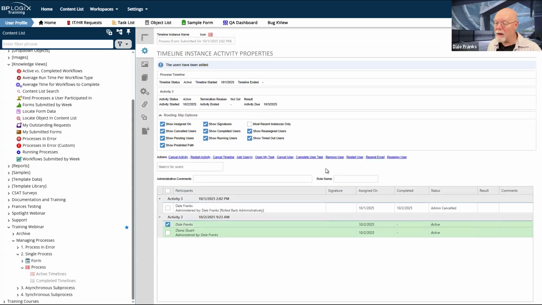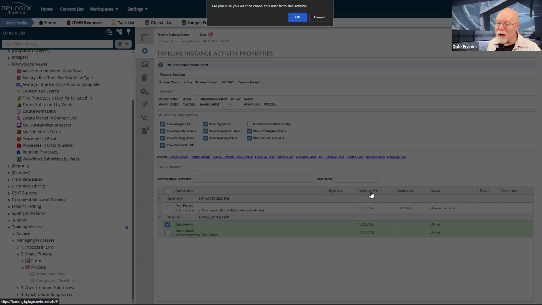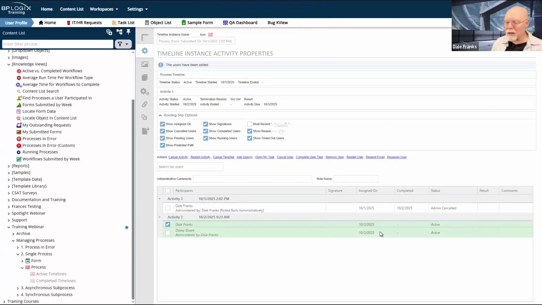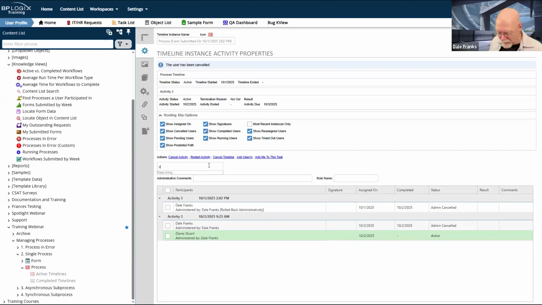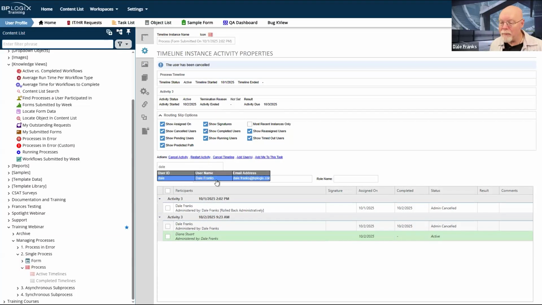And then I'll just pick on Dale Franks and I will remove the user or cancel the user. Either one, I get the warning dialog box at the top of the screen. Either one is going to be fine. Now I'm admin canceled.